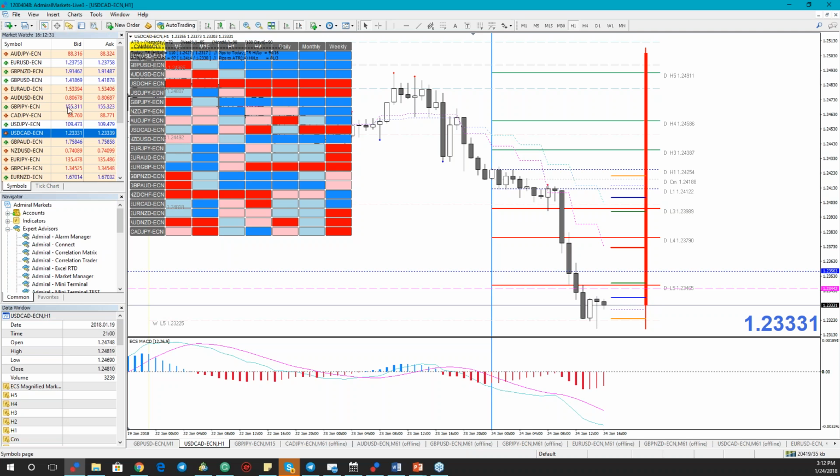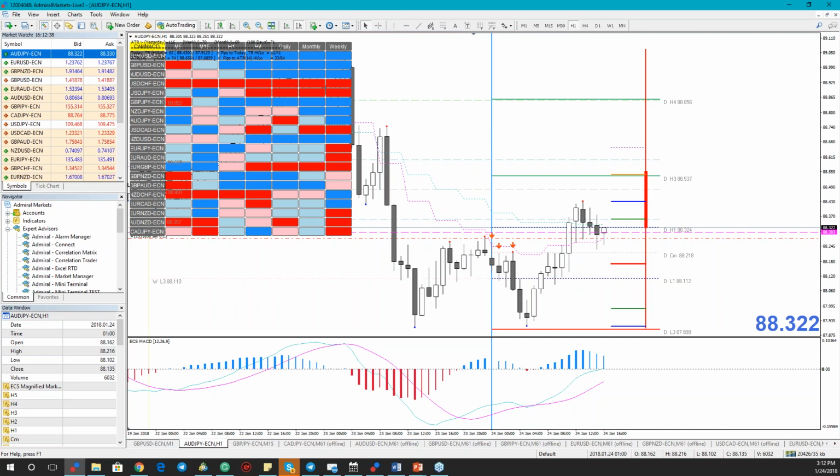So I can risk this Australian dollar yen, really. And if I lose a trade, I would be at break even. So I'm still doing like a free trade, because if I lose this one, I would be on break even. So no problem at all. Okay, so that would be it, guys.